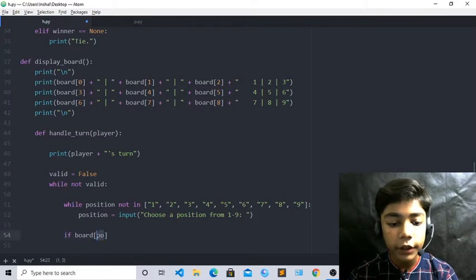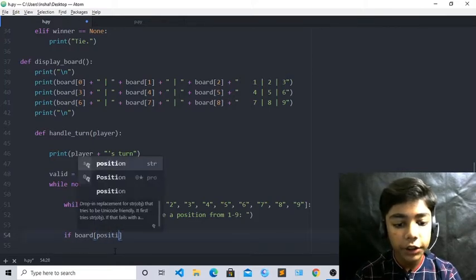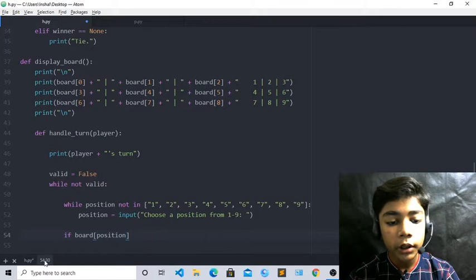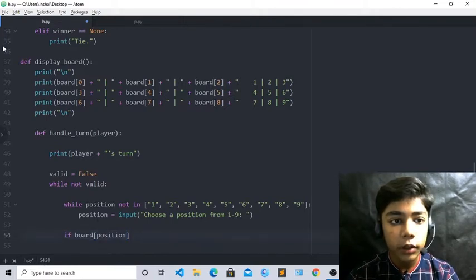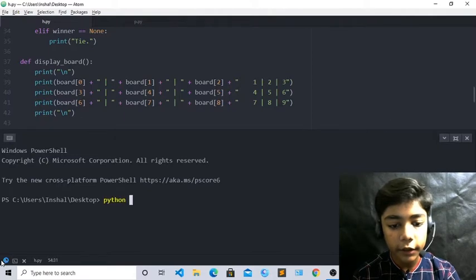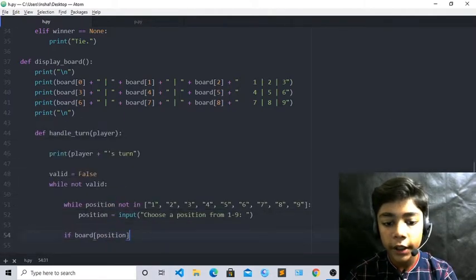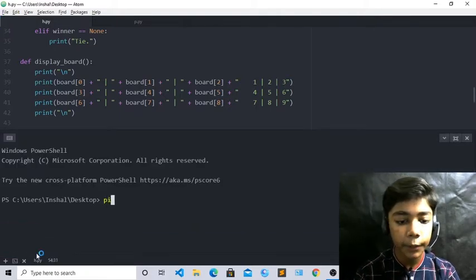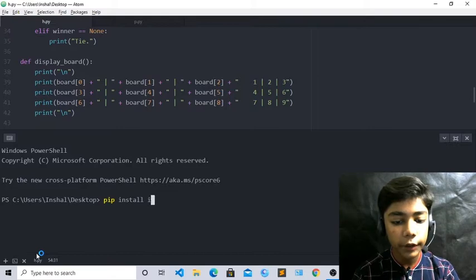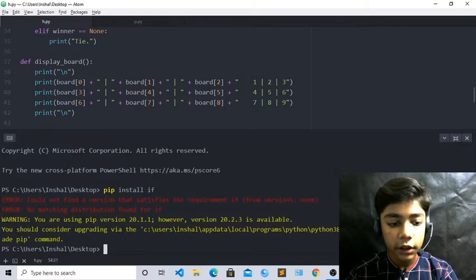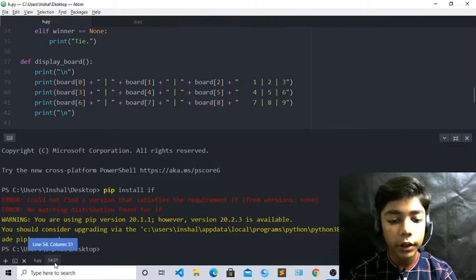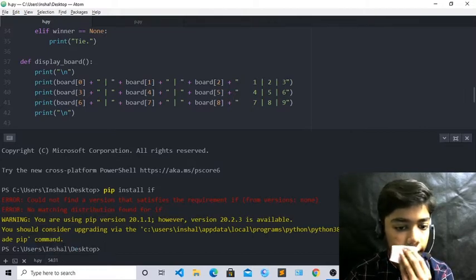Now when you have done that, just here you have to write position like I have told you. Now when you have done all that, first of all save it. Now come over here and write Python, which will be h.py. It is showing an error because we also have to define many things in front of it. So come over here and write pip install. First of all we will write if here. You can see it is also showing an error because there is already one version which we have downloaded here. So now there is not a latest version of if.